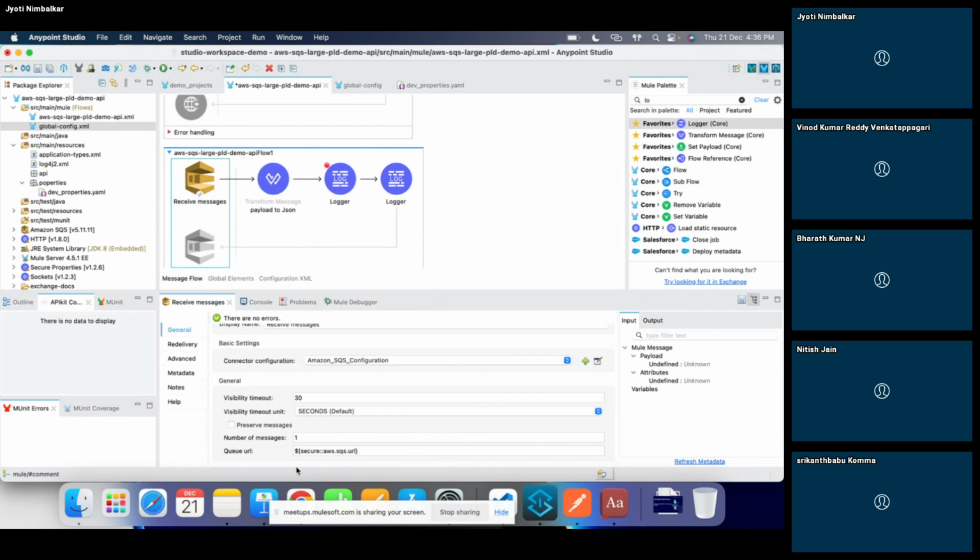One thing, like you must be knowing in Anypoint MQ, we have the options of automatic acknowledgement, right? Manual acknowledgement, where we can handle the acknowledgement mode manually. Similar behavior we can achieve by checking this preserve message button. So the message will be retained even after completing the process, and we have to manually handle it using one unique token, like we have the ACK token in Anypoint MQ.